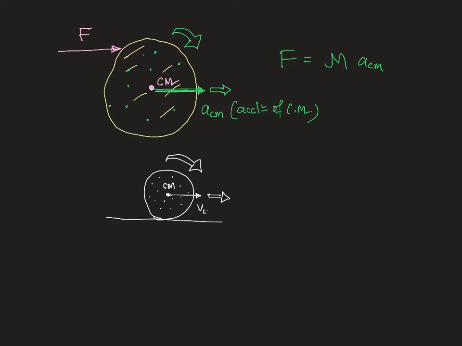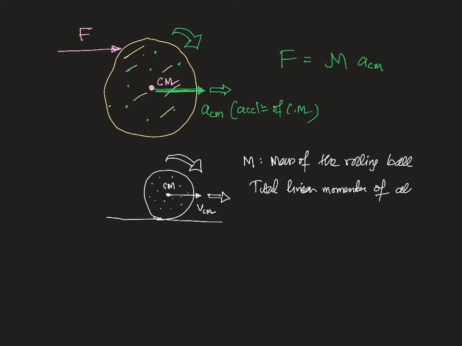It has velocity V_cm, and suppose m is the mass of the rolling ball or the rolling disc. Then the total linear momentum of all particles, that is the linear momentum of the system,